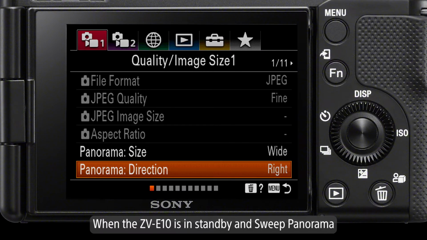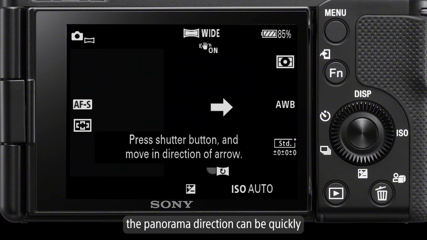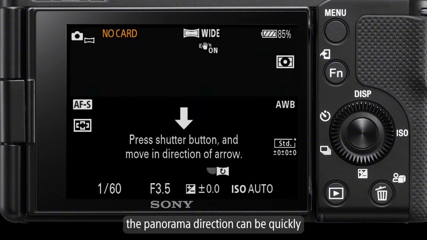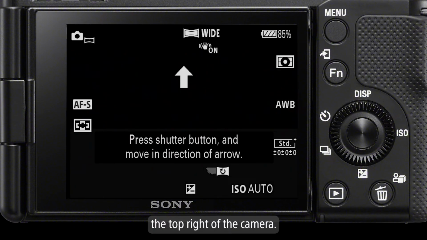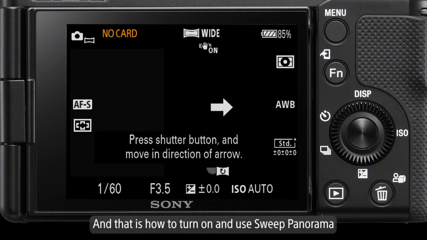When the ZV-E10 is in standby and Sweep Panorama is turned on, the panorama direction can be quickly changed by scrolling the rear dial found at the top right of the camera. And that is how to turn on and use Sweep Panorama for your